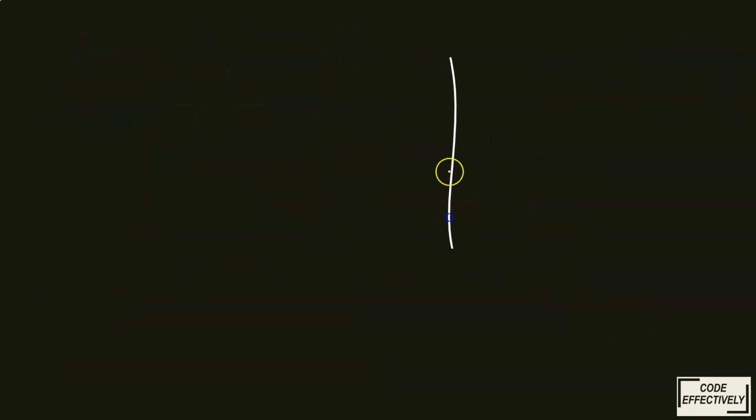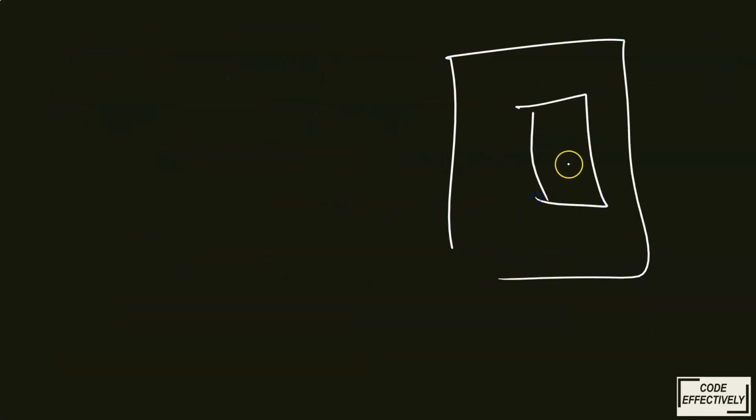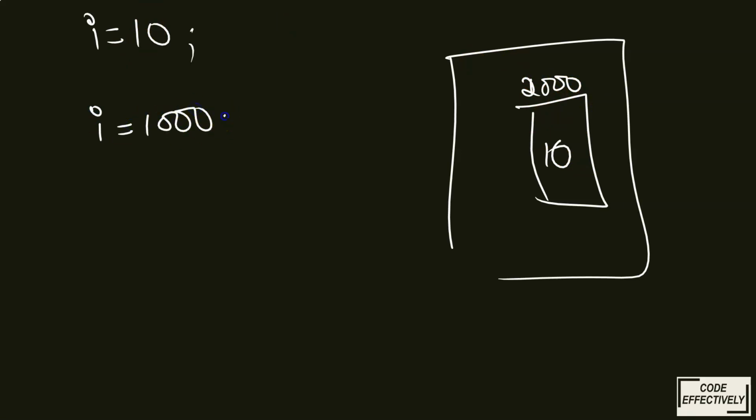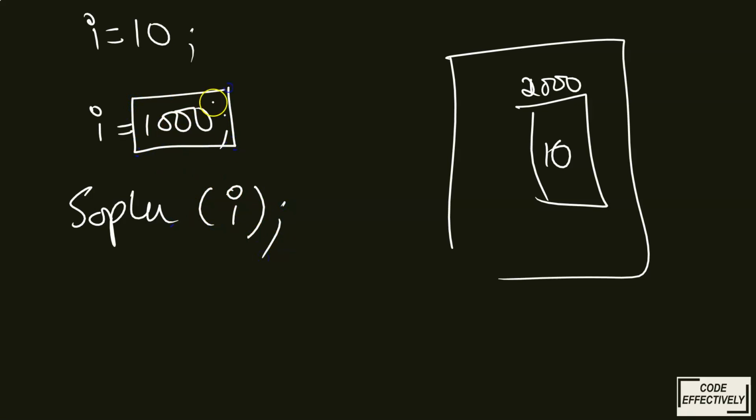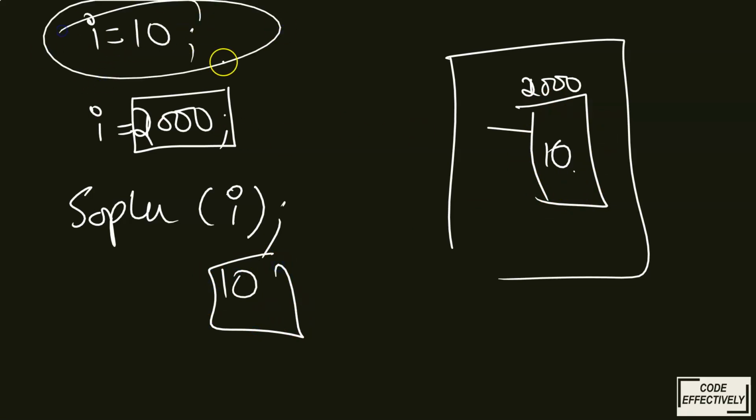In exact, advanced computer terms, what variables actually do: this is my program and int I is equal to 10. So 10 is stored at a location or address in the computer memory, let's say 2000. Okay, this is the address. So now I will store the address of the computer memory where the value is stored. Whenever I call SOPLN I, it will go to the 2000 location and check what is the value stored at 2000. It's 10, so it will display 10. So what is a variable basically doing? Storing the location where our data is stored in the computer memory.